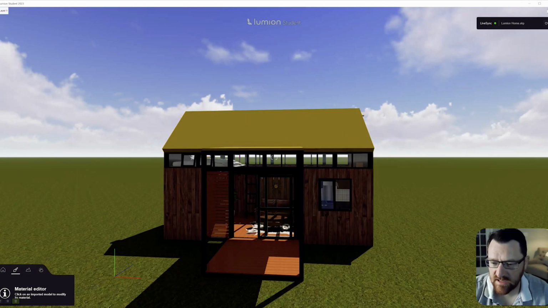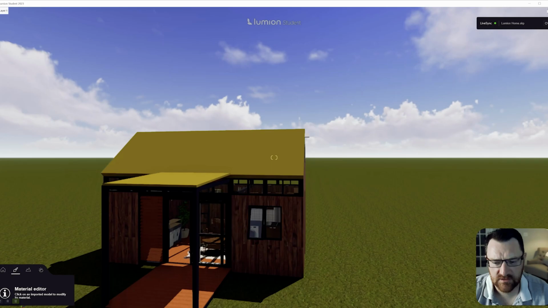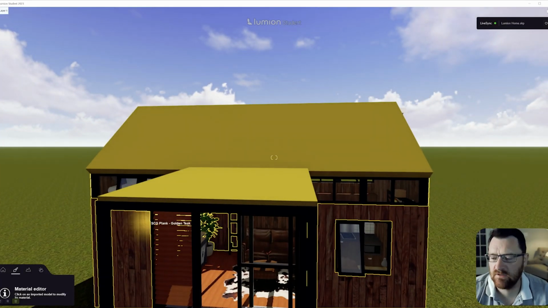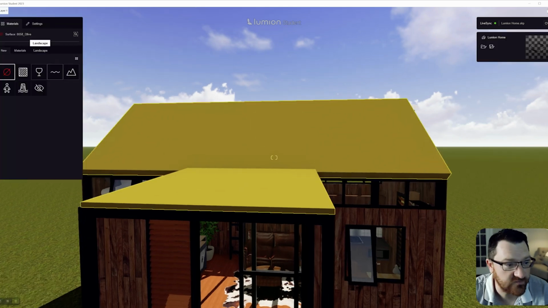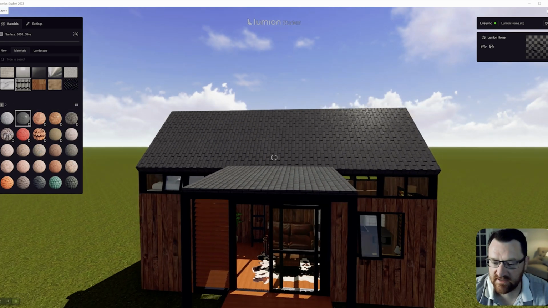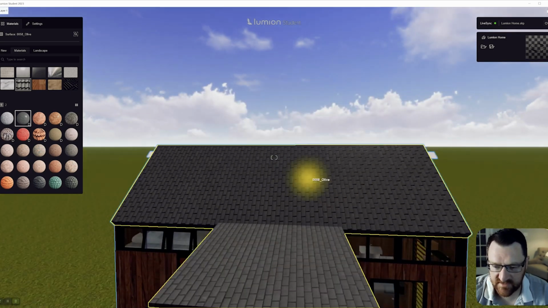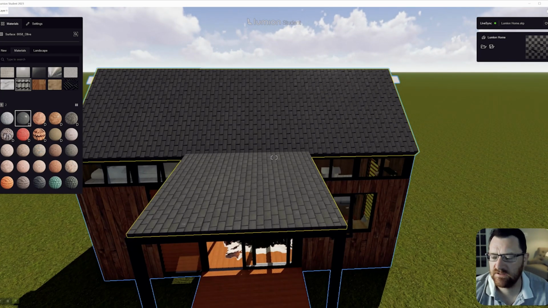Now, for this, I have replaced what was a pretty good roof design with this really terrible one, and I'll show you why. Oftentimes, when it comes to roofing in particular, I'll see new users select the roof, then go to materials, and oh, here's a slate roof material, and we just assign it and go, all right, good enough. Now, there is obviously a bit of an issue here,